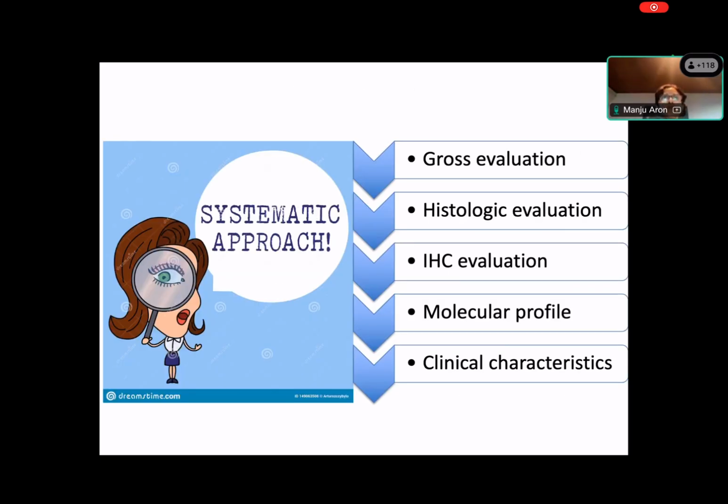Now, for the pathological diagnosis of these tumors, it's very important to have a systematic approach. And this actually holds true for any tumor, right? You want to evaluate it very carefully during gross exam at the grossing table. So the prosectors who are handling the specimens are the ones who are really contributing a lot to the diagnosis and staging of these tumors. So the gross evaluation is extremely important.